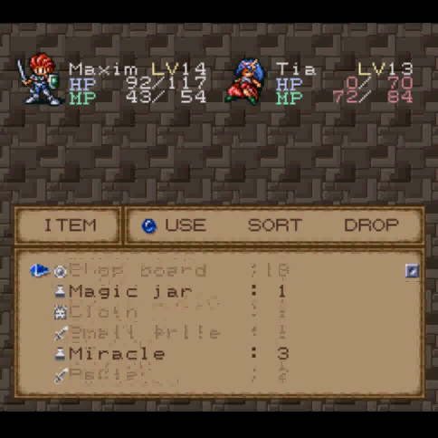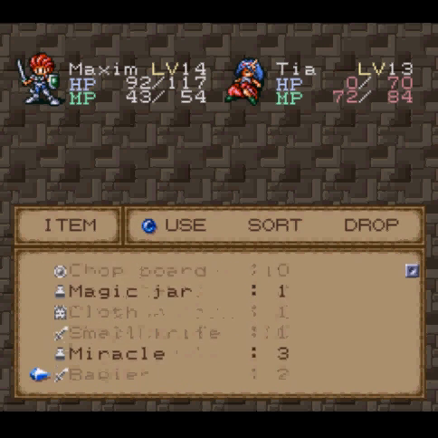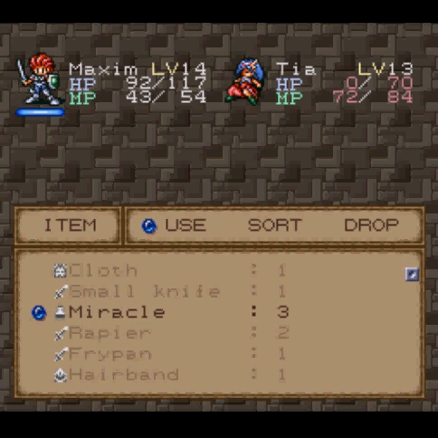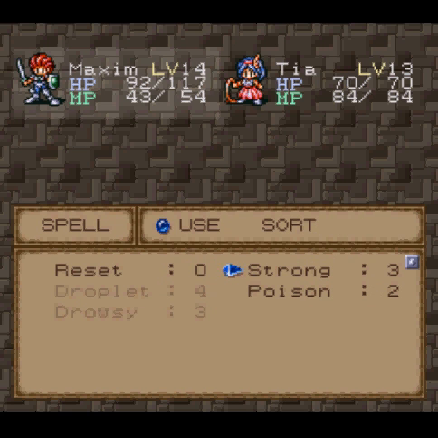Have we got something that'll bring her back to life? Like a miracle? I got a miracle. I was hoping not to have to use one, but shit, I've always got a ton of them lying around by the end of the game. She will not have full AP or IP, but that's my fault. I shouldn't have...